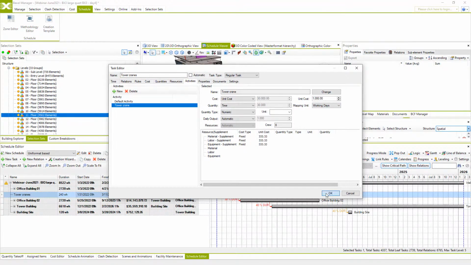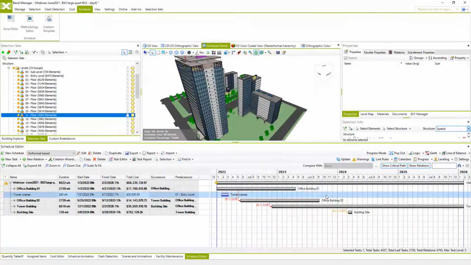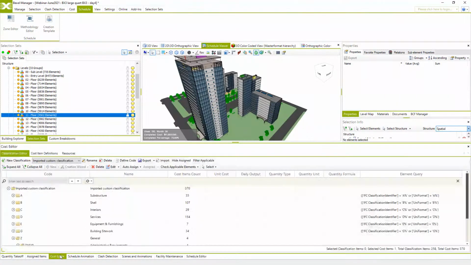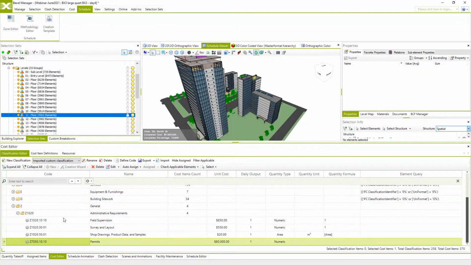So you instantly see that the price is updated in our Gantt chart, and if we change task duration, the price will be also updated instantly. So this was manual way. Automated way is to create tasks which are not based on model, is to relate them with non-BIM based cost